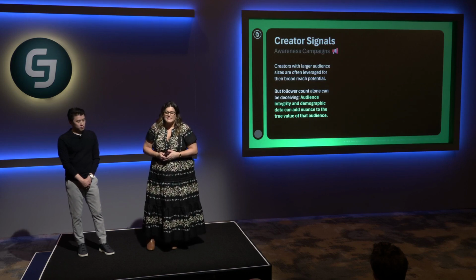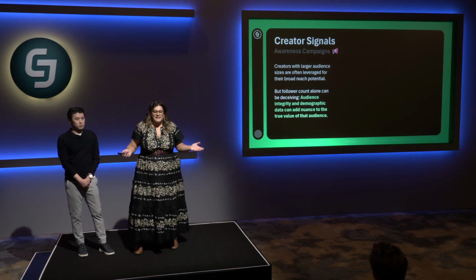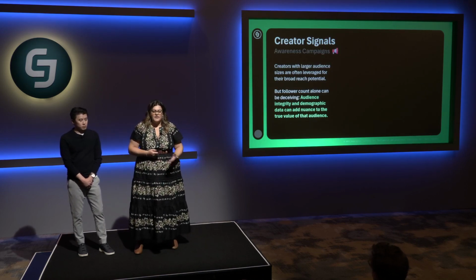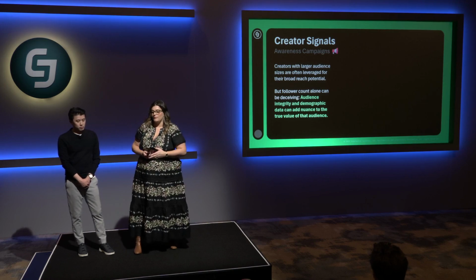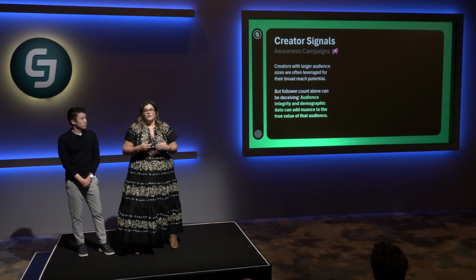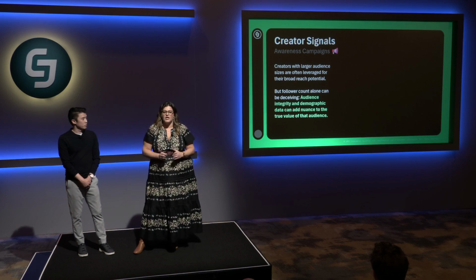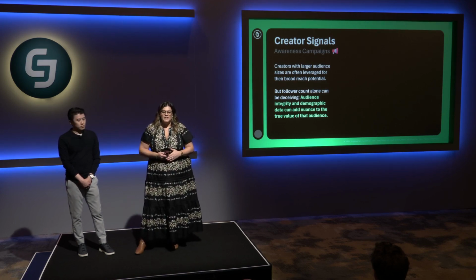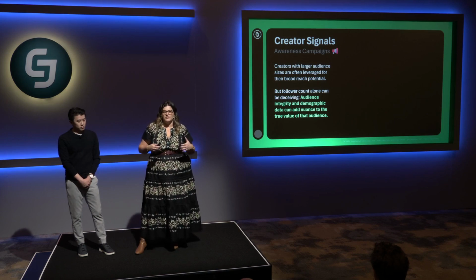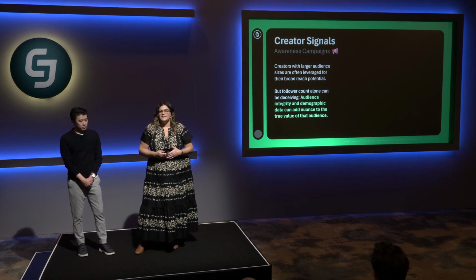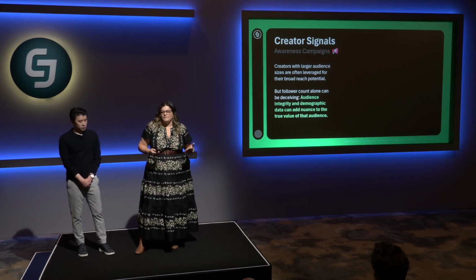So we've talked a lot about the signals. Let's actually get into it. What are some of the things we look at? If you're a brand who's looking for a brand awareness campaign, you want to reach a lot of people, you might look to follower counts, and that's not a bad place to start. But not every audience is built the same. So we need to look at some of our data and metrics to really get a nuance of that audience and understand what we're getting out of that follower count.